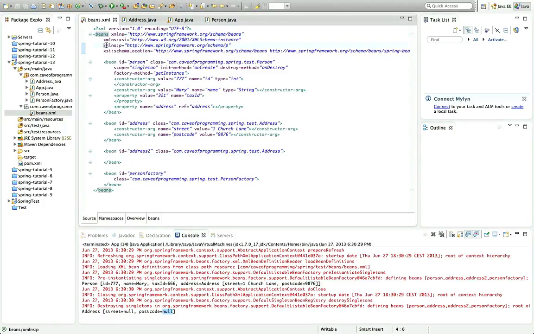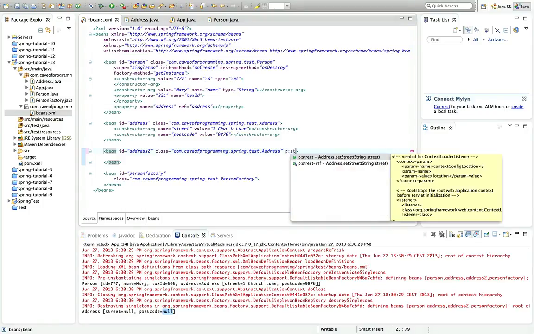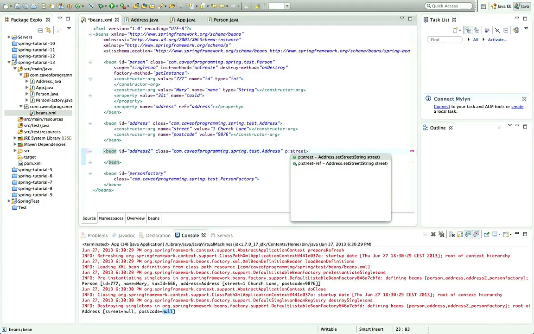So it now says here xmlns:p equals http://www.springframework.org/schema/p. And that allows us to use some P attributes. So what I can do is, in address here, in the tag, I can add attributes that begin with p:. So I can say p:street, because that's a property of my address bean, equals, and let's set it to